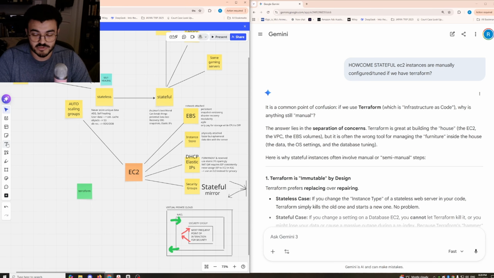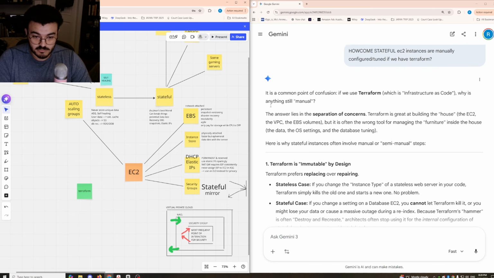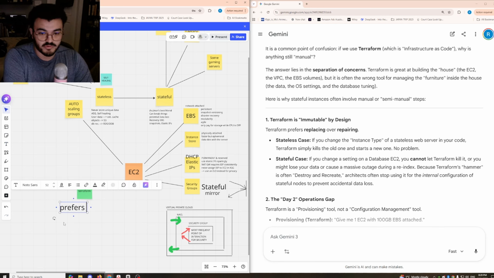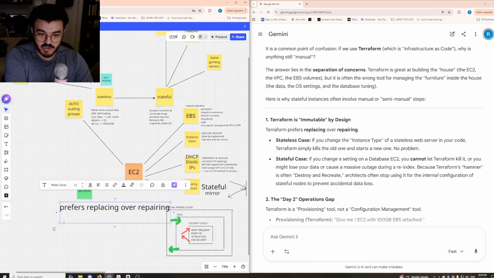Separation of concerns. Terraform is great at building the house, but is often the wrong tool for managing the furniture inside the house. Data, OS settings, database tuning. Terraform is immutable by design. Okay, so Terraform prefers replacing over repairing. I didn't know that.